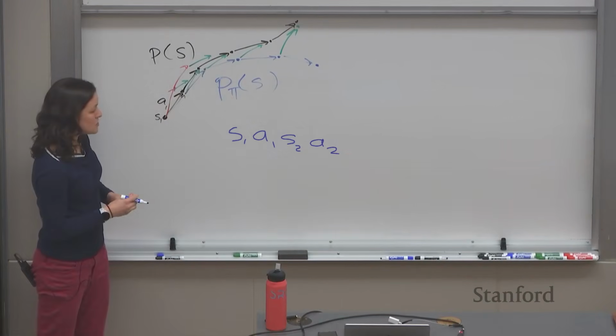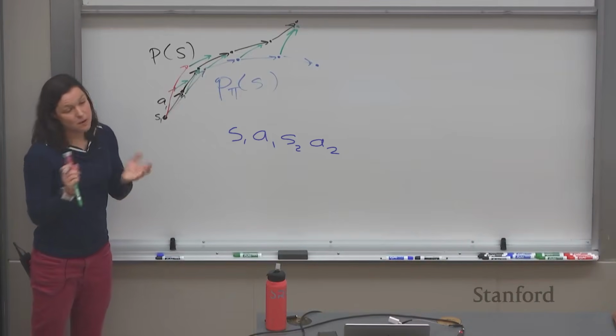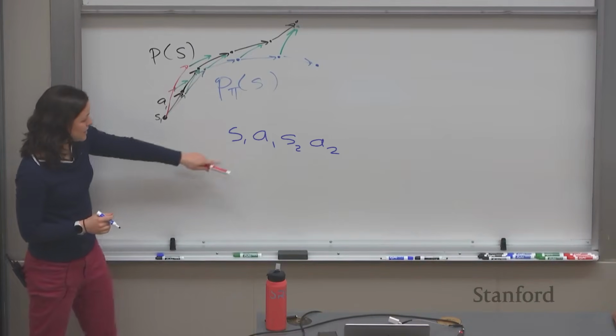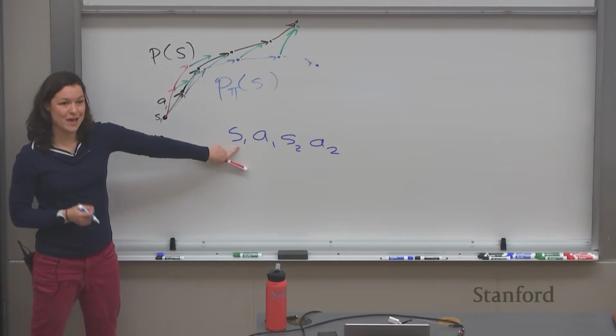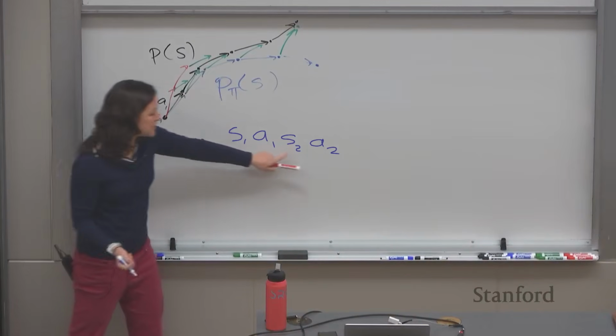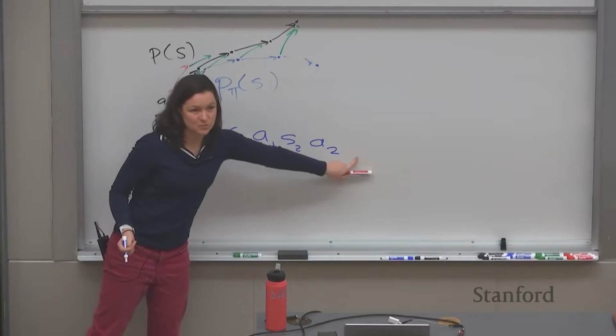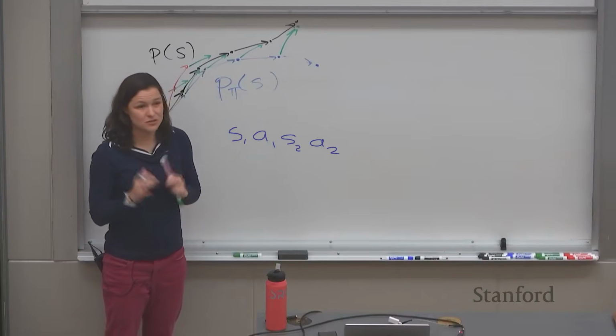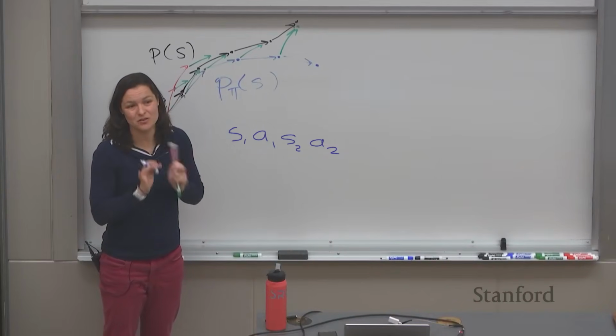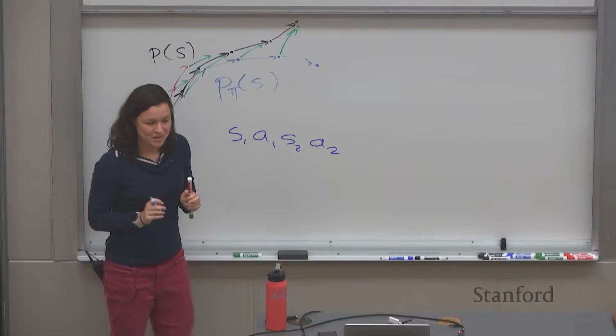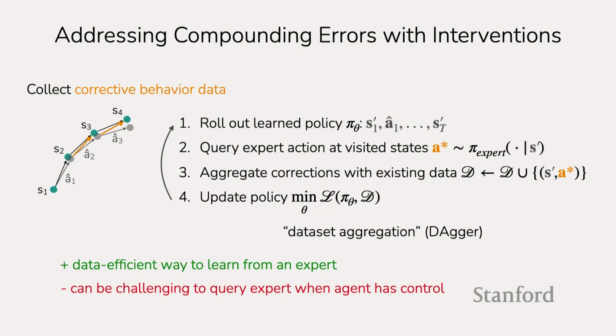And then, this is not possible in some scenarios, but you'd ask a person, for this S, what should the A have been? And for this S, what should the A have been? And for this S, what should the A have been? Now, there are scenarios where you can't do that, and where this algorithm is just not possible to run. And that kind of leads into